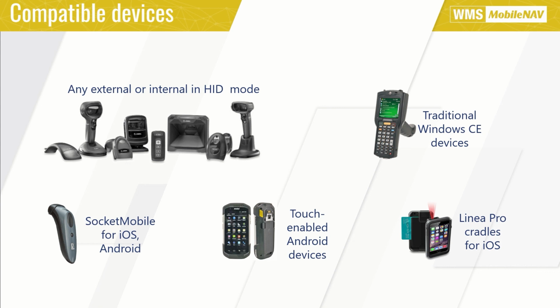devices directly. We have some local partners, of course, but we can only suggest something based on our experience of the last 8 years. During these years, we have tested a lot of devices and we have collected our knowledge on our website. You can look for the list of devices at mobilenav.com. And summarizing, I can say that we support all mobile platforms, including Android, iOS, BlackBerry, Windows CE, Windows Mobile, Windows